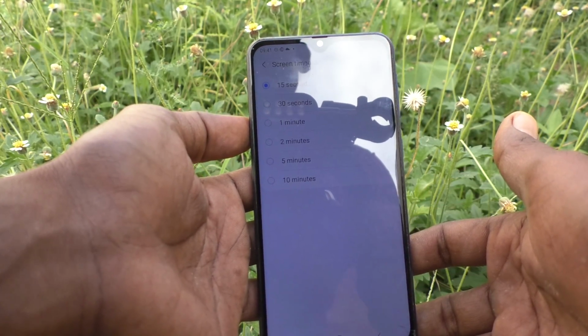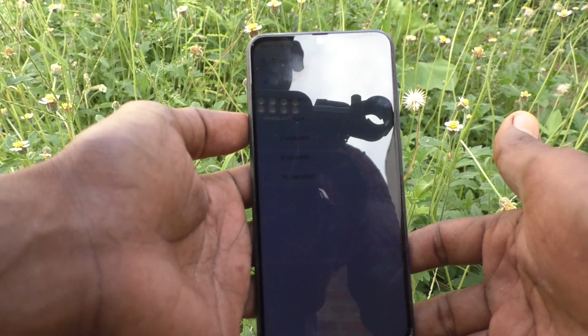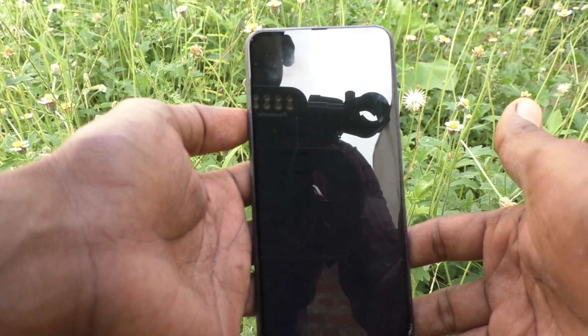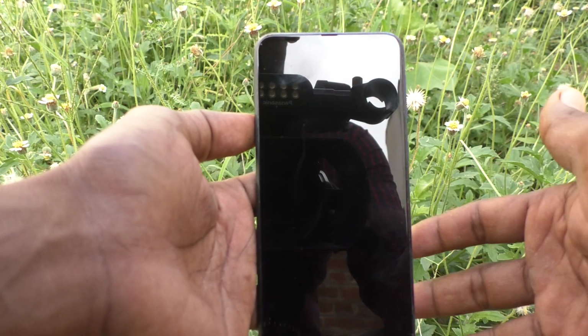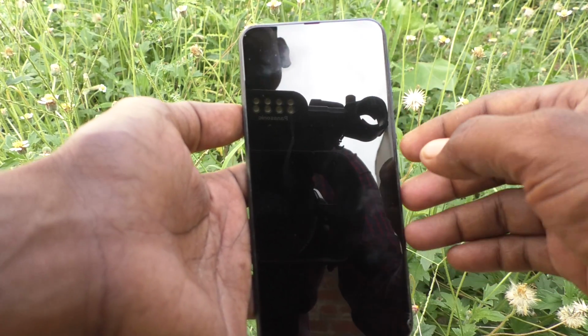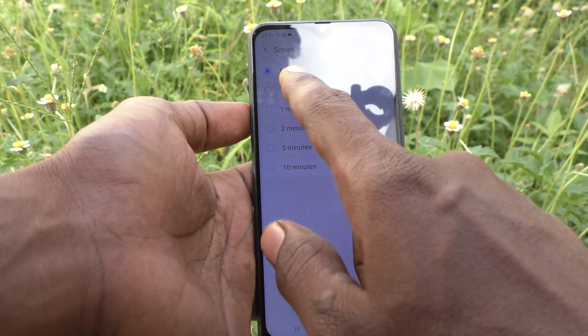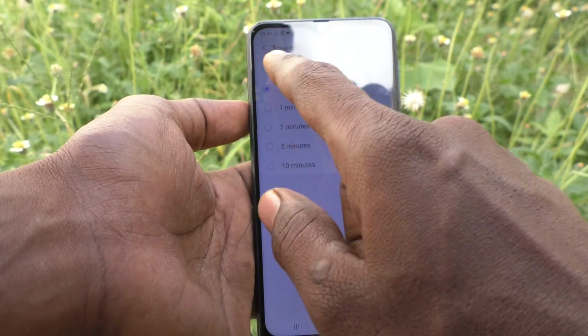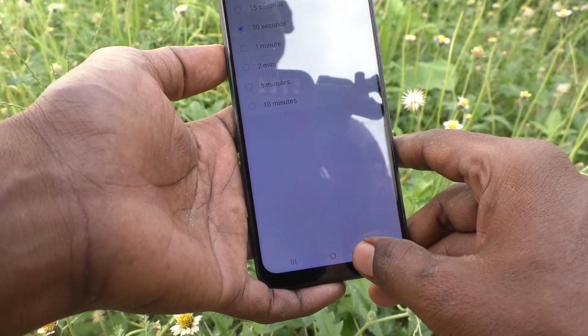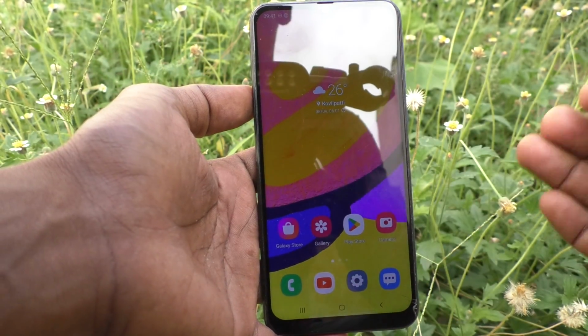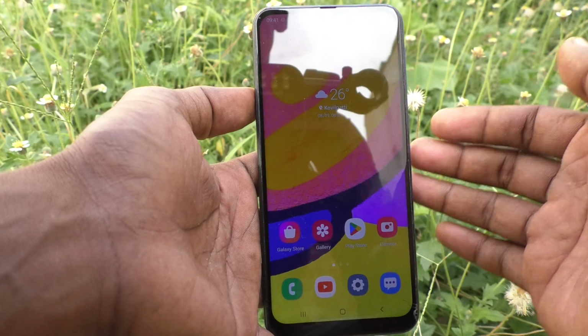Just wait. After 15 seconds, screen will be automatically timed out. See here, blank screen is appeared now. If you want to set back to default screen timeout, select 30 seconds. So in this way, you can easily get desired screen timeout in your phone